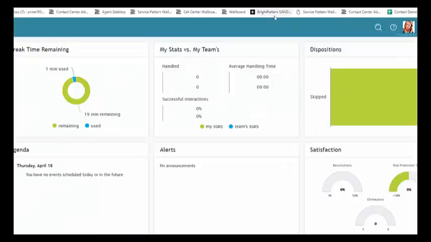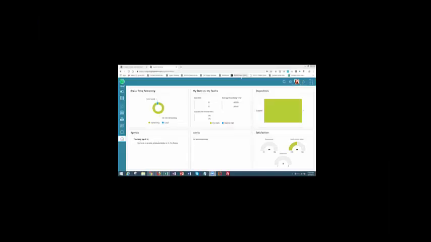So Bright Pattern is a 100% cloud-based solution. It was built as a cloud solution from day one. It was built for the enterprise. It was built for true omni-channel. So really our differentiator is omni-channel. That being said, we do have a strong dialer as well. We've got several clients,